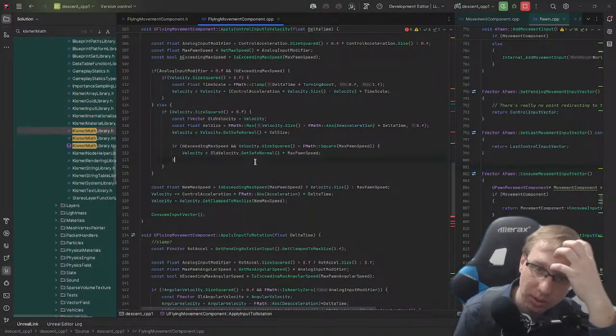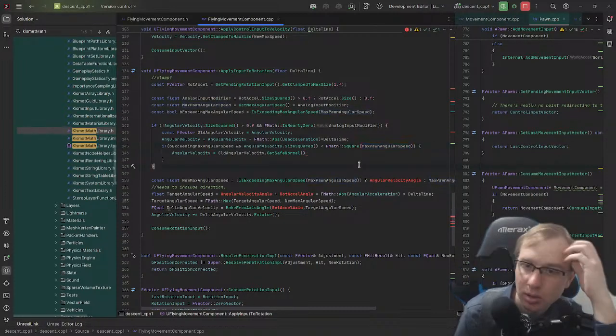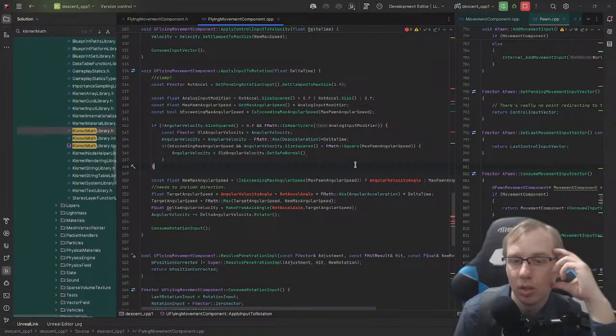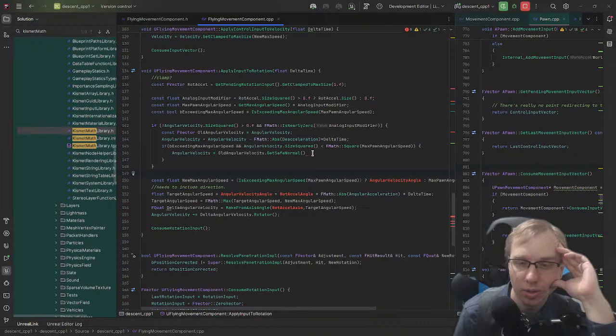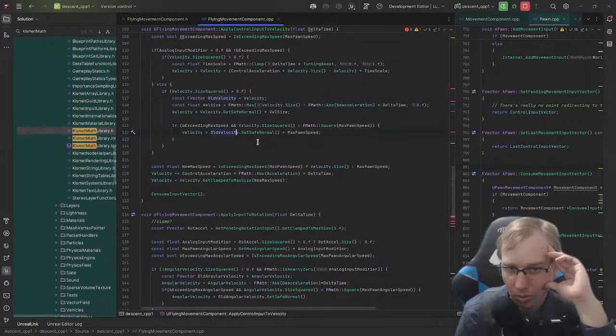If we're exceeding max speed, exceeding max angular speed, this all makes sense. Oh, I'm confused why this is twice. Might have to look into that. For exceeding max angular speed, remember we have a local rotation. What does this do? It doesn't change